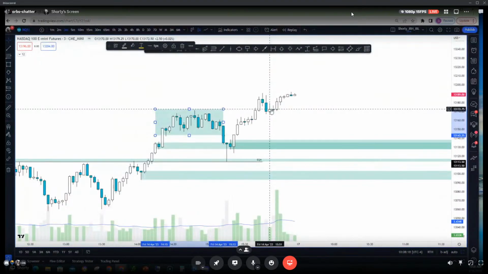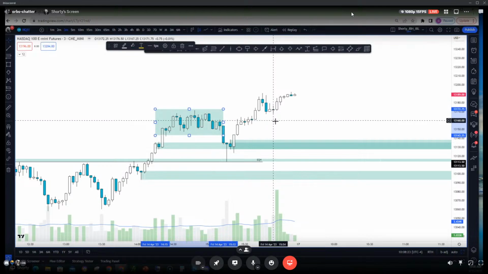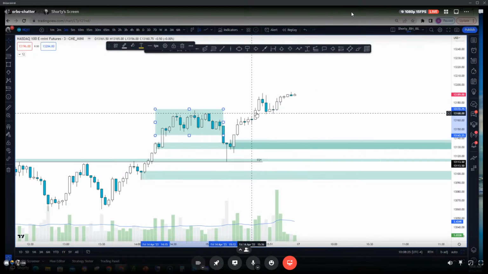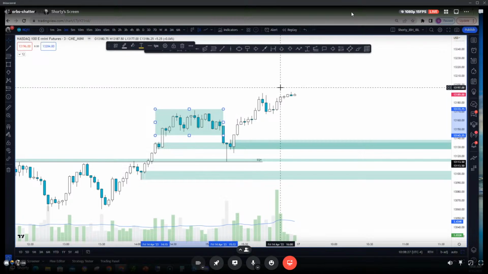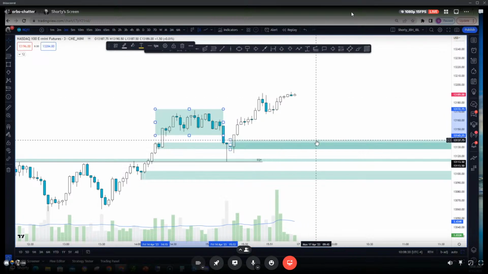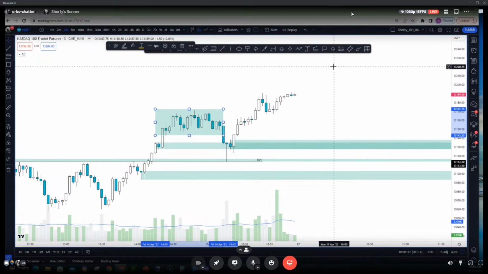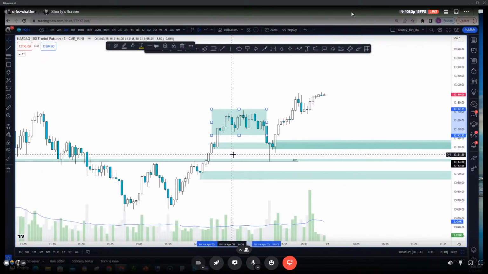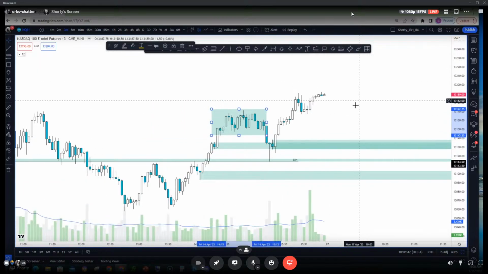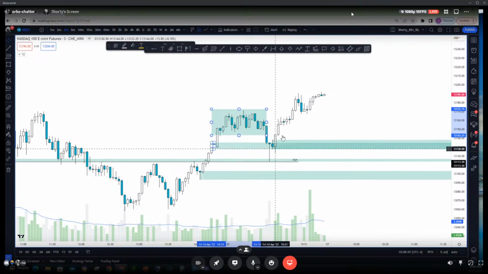So if you see 13,172, I would personally not short it from here to here. I would look to go long here just because you took out the supply and you made a higher high. So somewhere here, you're going to wait for these buyers to see if they're valid, and I would go along with them and buy it from here. Does that make sense? Yep. Because if they come here, that would mean they're making lower lows.